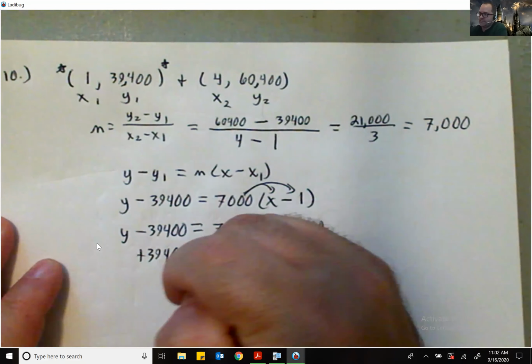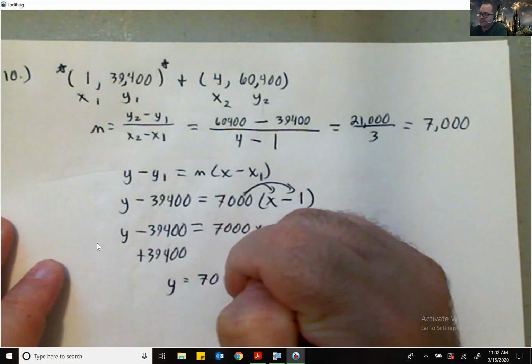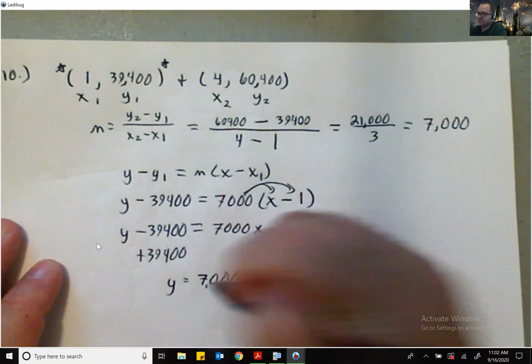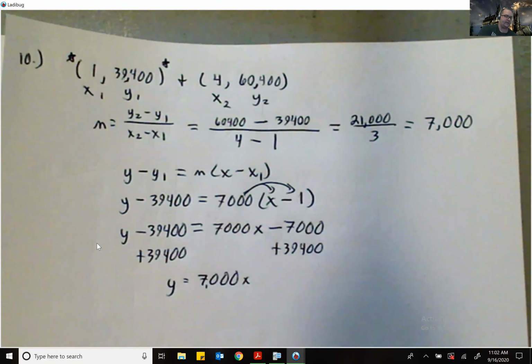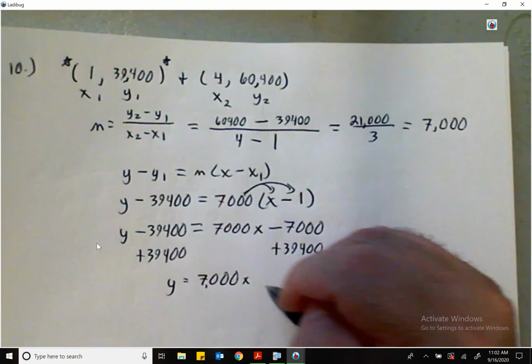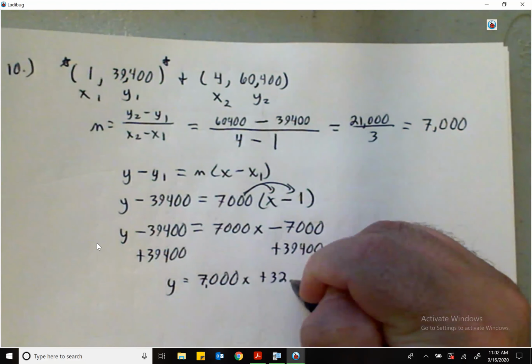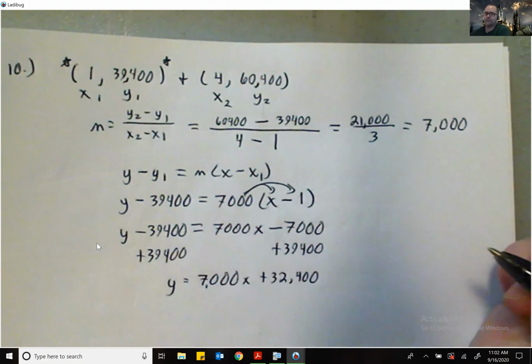So y is equal to 7,000x. And then what is negative 7,000 plus 39,400? 32,400. And there is the equation